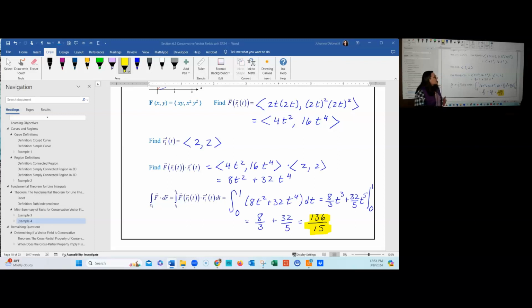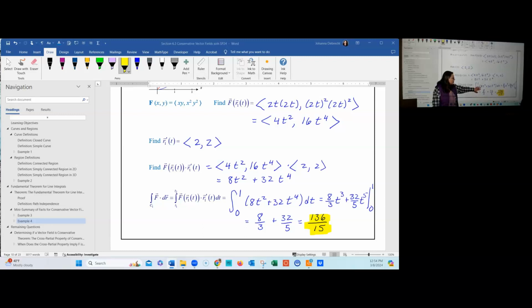Once we've found f of r of t and r prime of t, we need to dot them together to form the integrand of the integral. This gives me 4t squared times 2, or 8t squared, plus 16t to the fourth times 2, or 32t to the fourth. Then we integrate from the parameter value t equal a to t equal b, which for me was